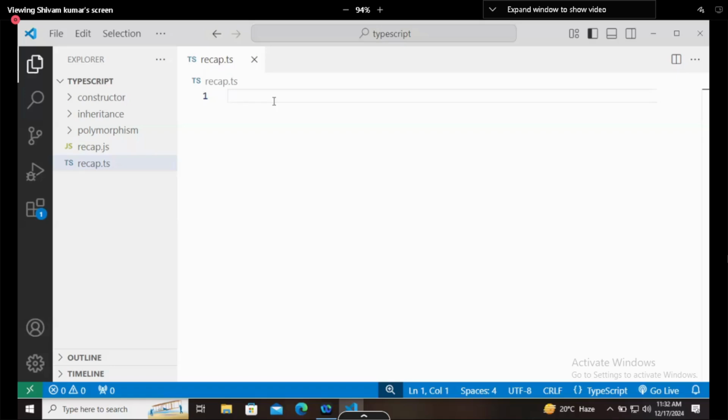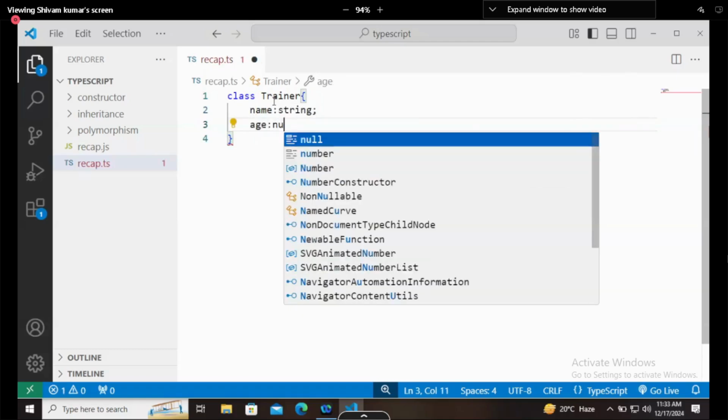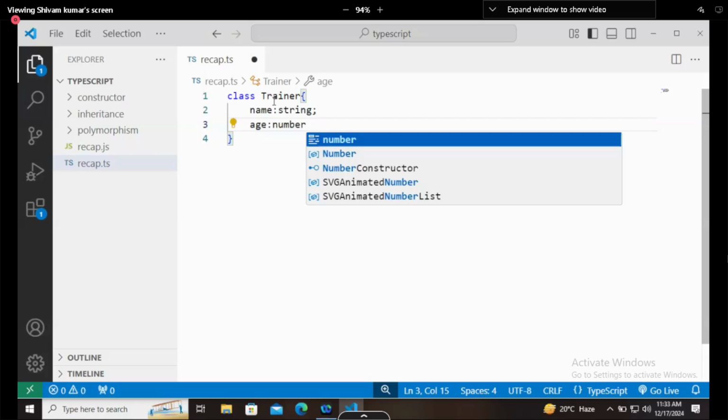So the inside of the ATM is a private thing, so technically not available for everyone, but it is available with your ATM card, with your PIN number, and within your account limit. Now let's say there is a class of trainer here, right? There is a class of trainer, and generally I will take those two parameters. Name will be a string and age will be a number. Here we don't have int, float, char, double. Here we simply have string or number.